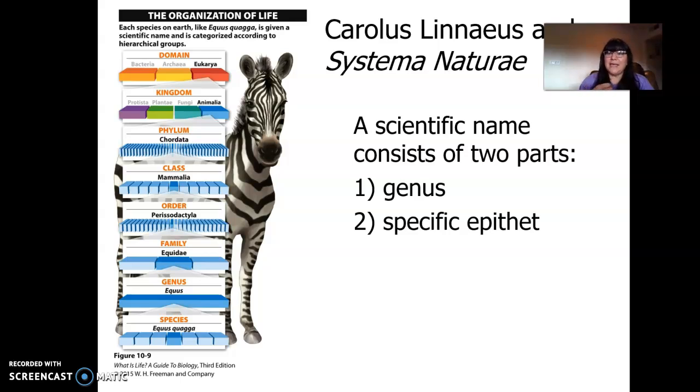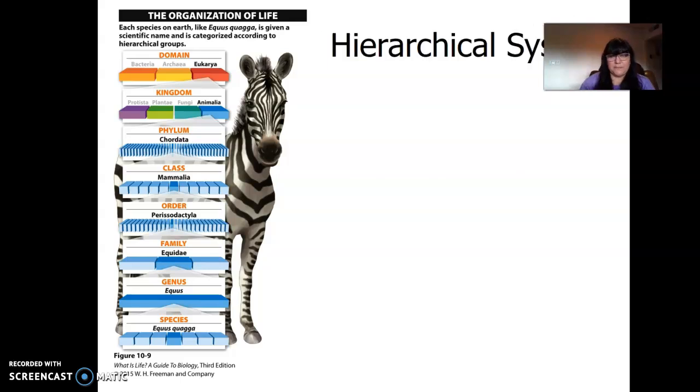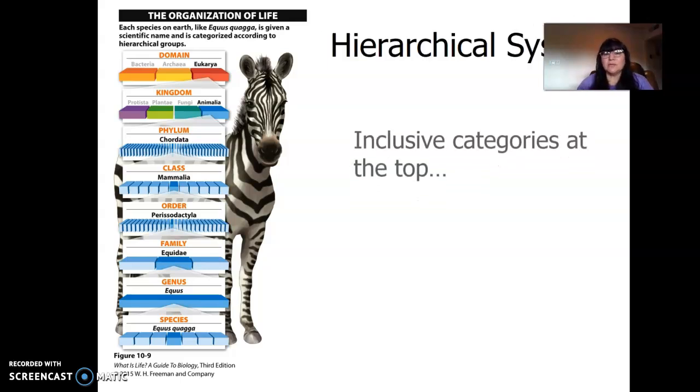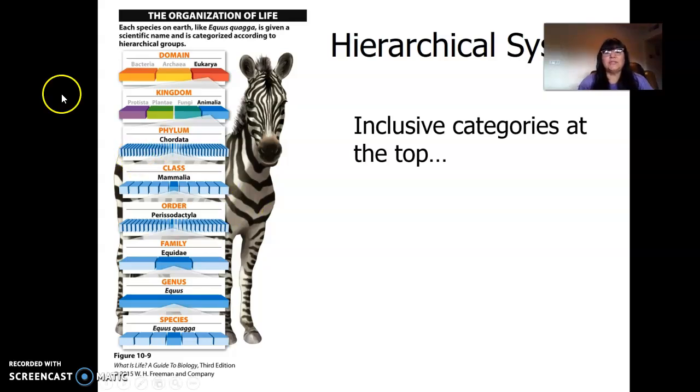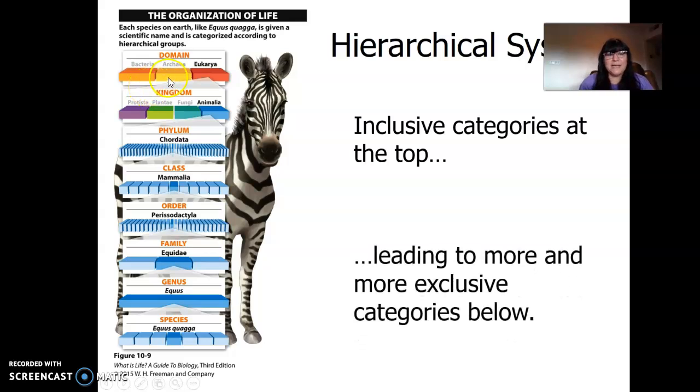Now that we have DNA, we can actually look at DNA and DNA sequencing to see who is more closely related to who, what species is more closely related to what species. Okay, so it's a hierarchical system. Inclusive categories at the top. So the biggest categories are at the top, leading to more